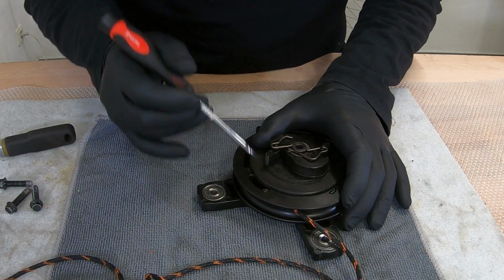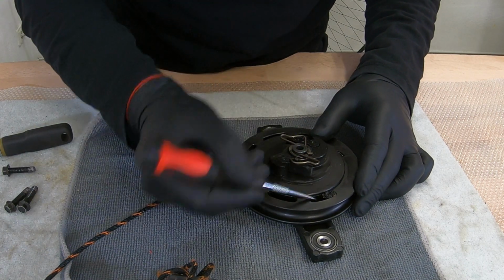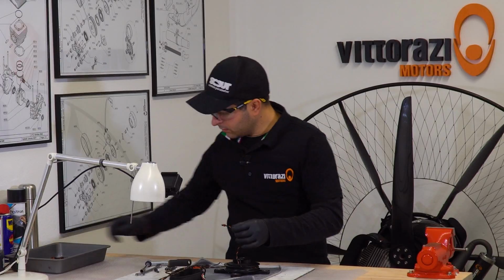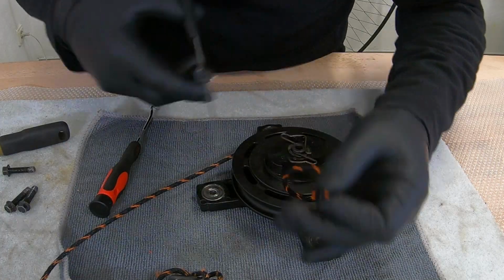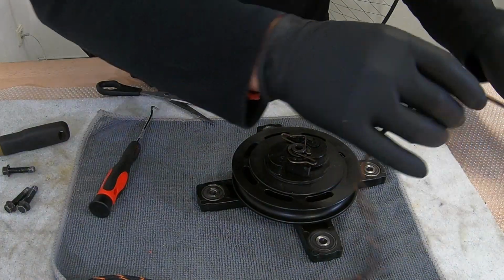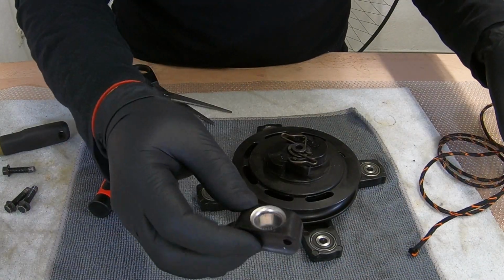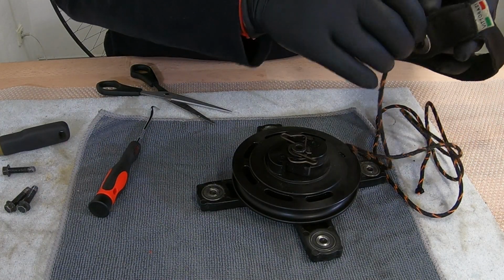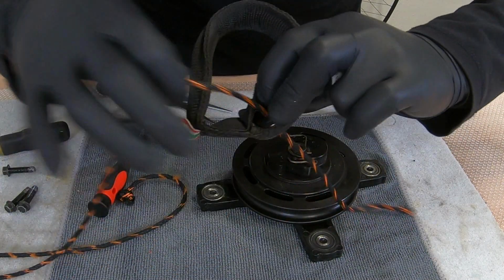Once the cord is unspooled, we can find the place where the cord enters the pulley and take it out. Obviously this knot is kind of tight, so we will cut it. Now you can take off the ring that guides the cord or the pulley, regardless of whatever paramotor you have. You can take the cord out,